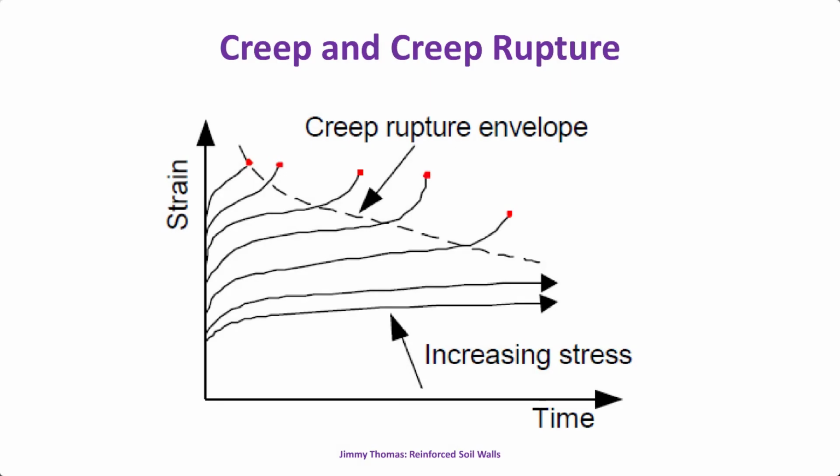Now creep, as we know, again we are talking about geosynthetics, which are viscoelastic materials. That means if we apply a tension, there is an immediate strain. Then with time, that strain continues. If it was steel, there is an immediate elastic strain and after that no further strain. But in the case of polymers, there is always a time-dependent deformation, which is the creep, and this varies